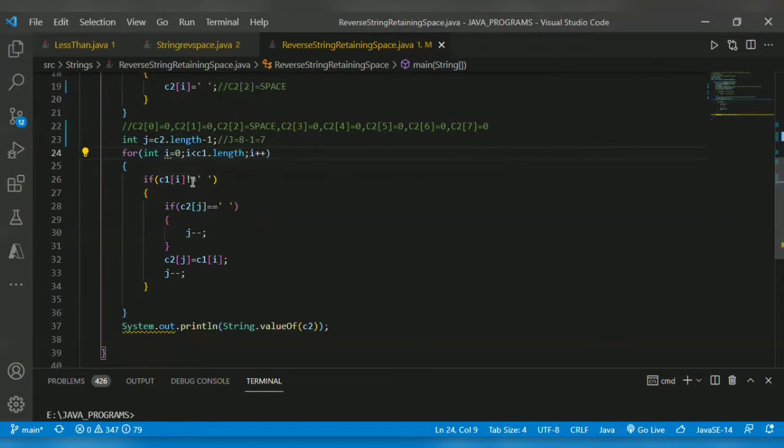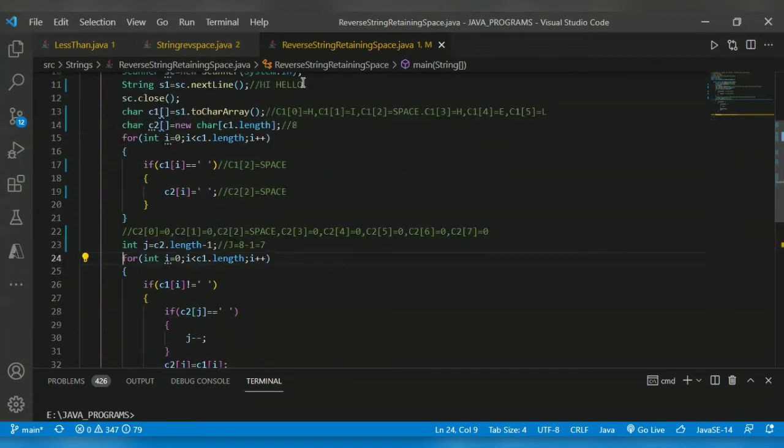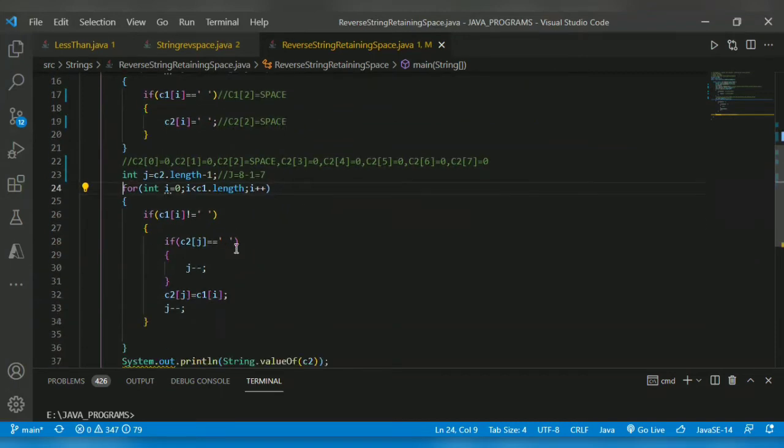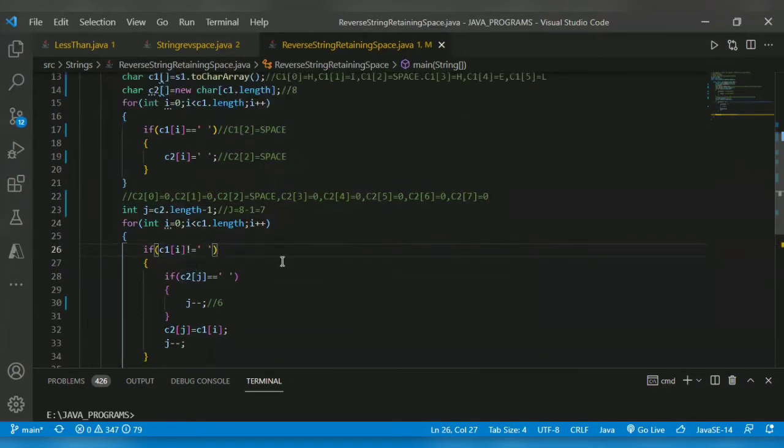If c1 of i is not equal to space, that means c1 of 0 is not equal to space, the condition is satisfied. What will we do? j minus minus. 7 will become, sorry. c1 of i is not equal to space, H. If c2 of j is equal to space, c2 of j is c2 of 7, which is 0.